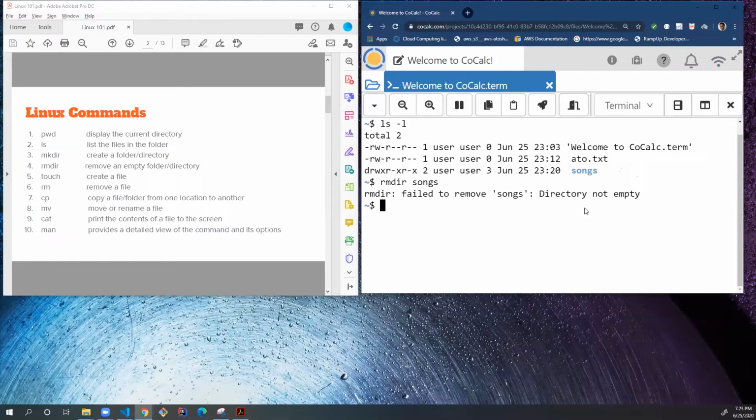Failed to remove songs, directory not empty. So we can either manually go inside of songs, delete the files, and then come back out and try to delete it using rmdir. That's one way to do it. The other way, the more efficient way, is to use rm space -r, which is remove